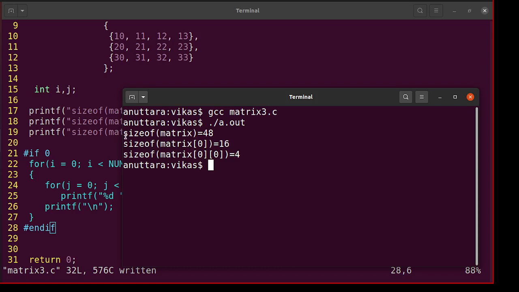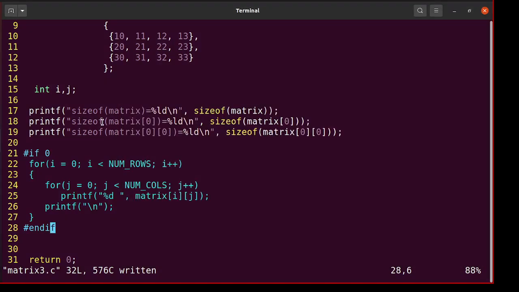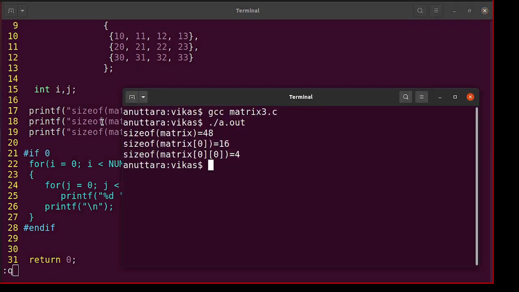This is quite intuitive. No question. Okay, so now let's pass a matrix. With a single dimensional array we investigated that we understand array